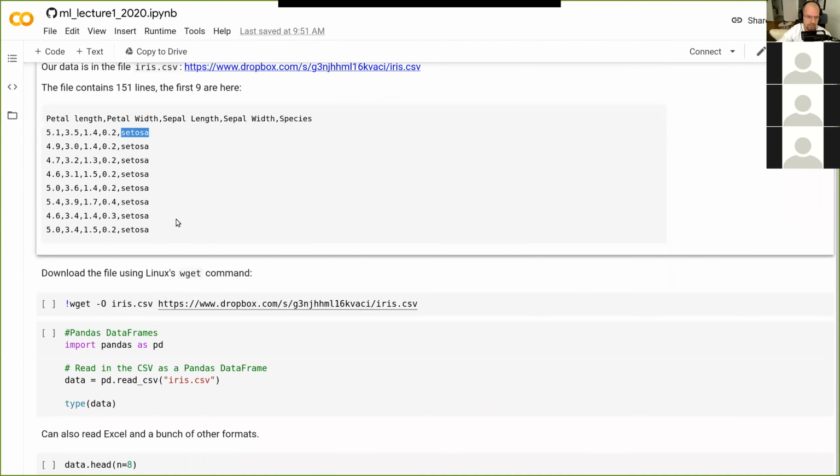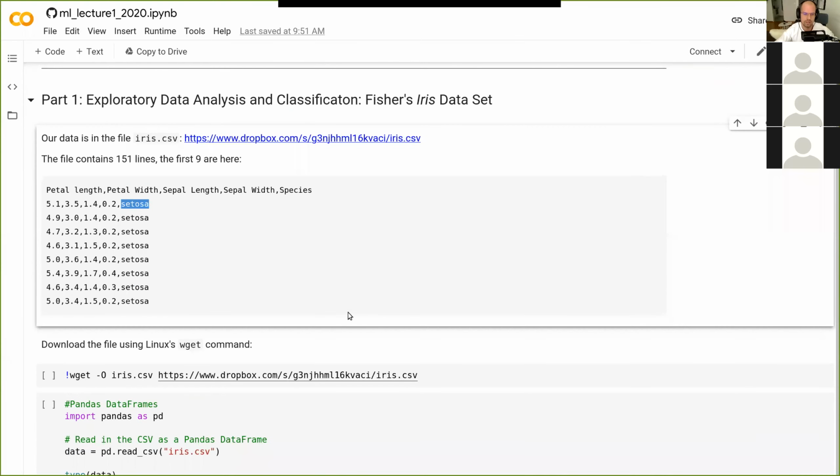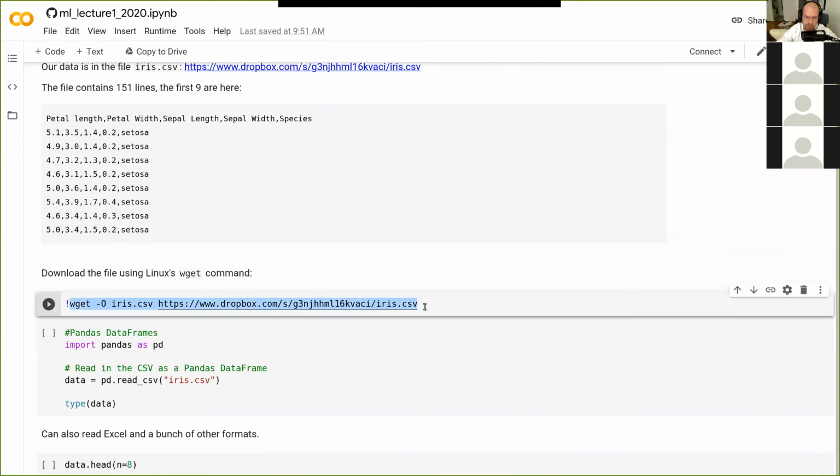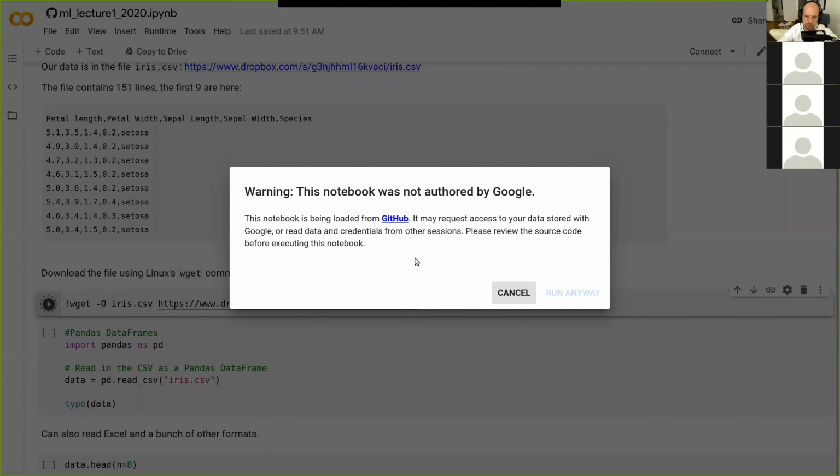Okay, so in order to download a file to your Jupyter Notebook, we use this command called wget, and you can run Linux commands. This is built into all Linux and all MacBooks, or macOS, I'm not sure what it's called. So if you run this line on your own Mac or Linux computer, it will download this CSV file to your computer. And because Google Colab in the background runs Linux, we can execute this cell, and it should download.